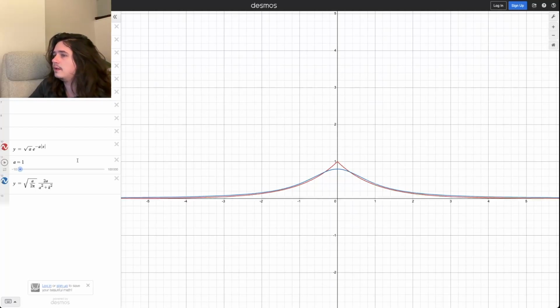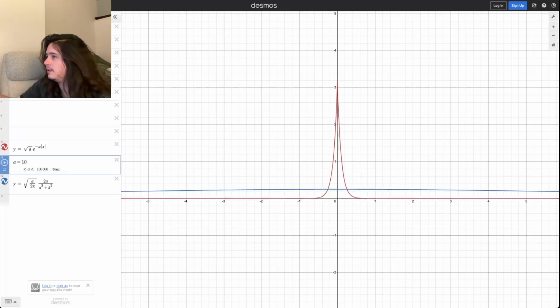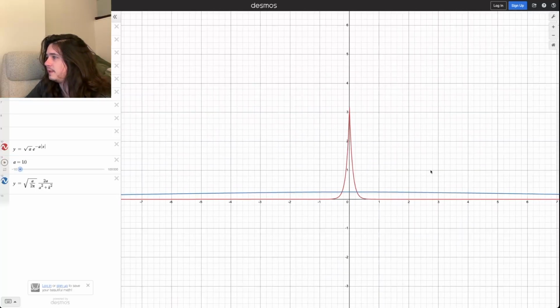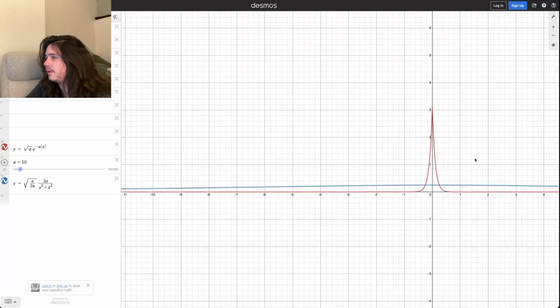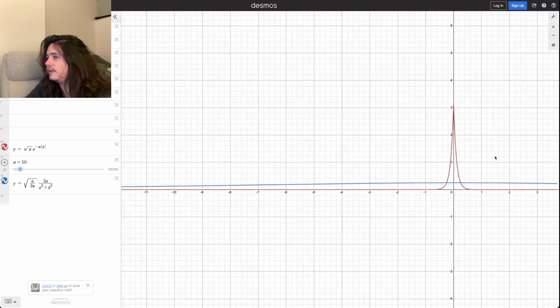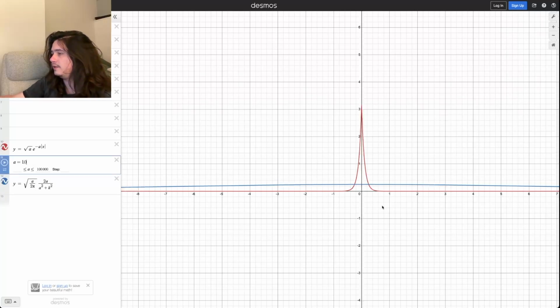So in the case where we let a be really, really large, I'm just going to put a bunch of zeros on the end of this. We already see that the position space wave function sharpens around x equals 0, and then the momentum space one broadens out quite a bit,